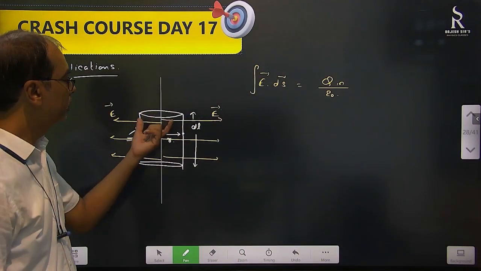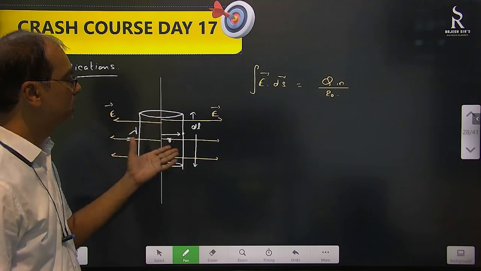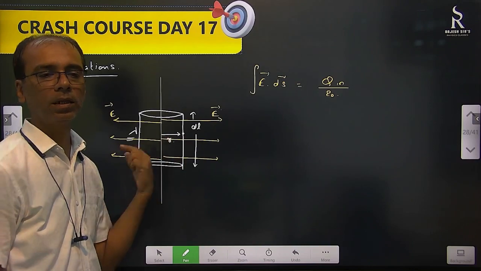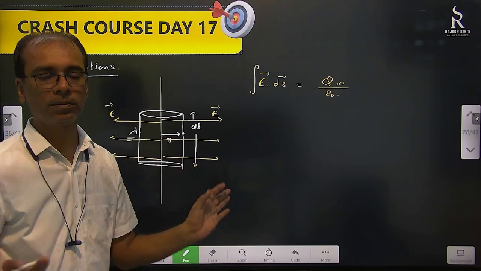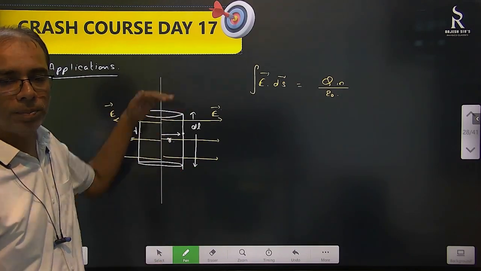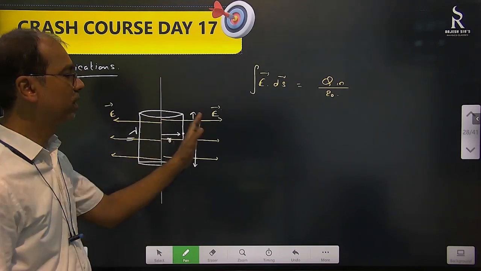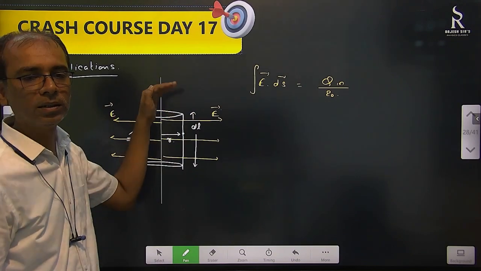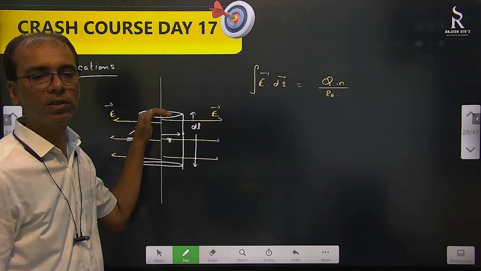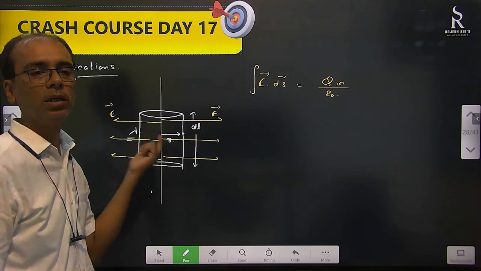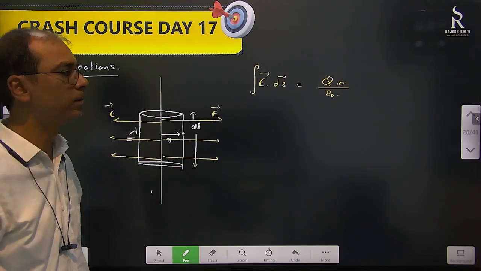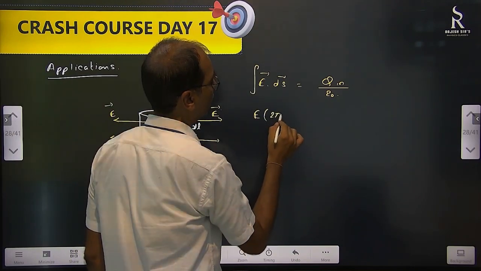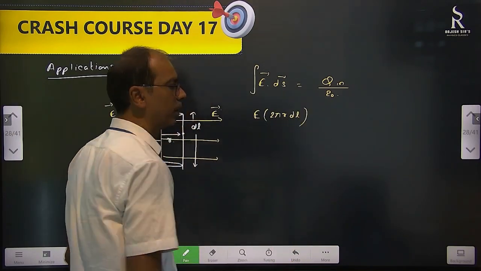Okay. Now which area is cut by these electric field lines? The entire curved surface, because it's in all directions. Not up and below, because the electric field is not in that direction. Here the area is along the y-axis and the electric field is along the x-axis, so flux with this one is 0 and here is also 0. It is only linked with the curved surface. Directly we can write E into 2 pi r dl, this curved surface area.